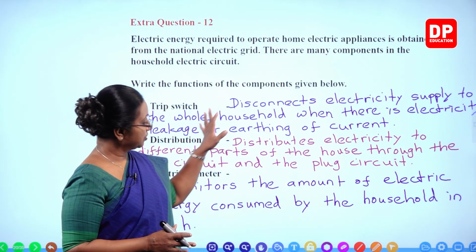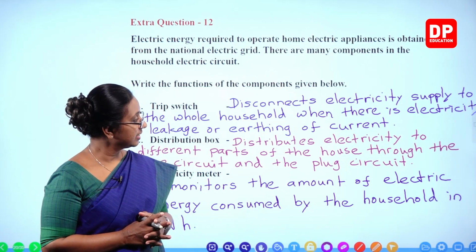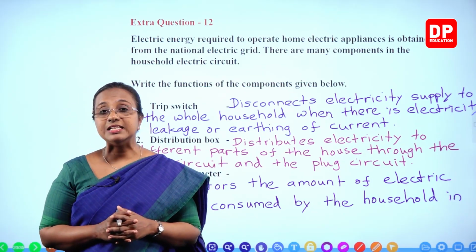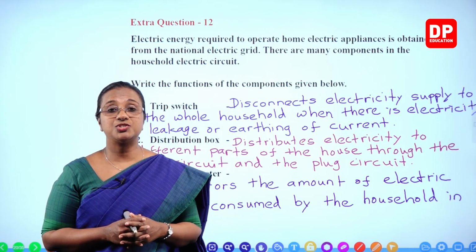So okay students, so those are the functions of different household circuits. Then I will end this chapter at this point and I will continue with some more extra questions in the